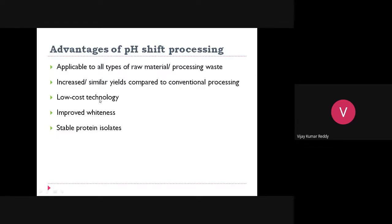So it is a low cost technology. Here we are either using the acid or alkali, and hardly going for centrifugation. Even the water usage is much less, you can say 5 to 6 times lesser than the solubility processing. So it is a low cost technology, and whatever isolates we get at the end of this process